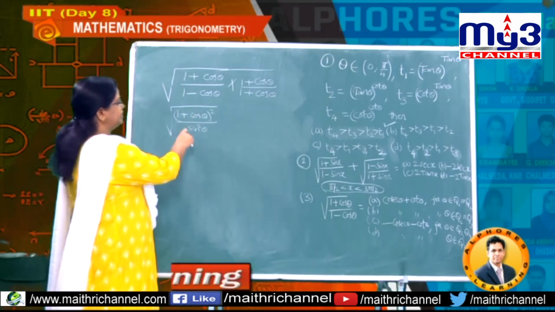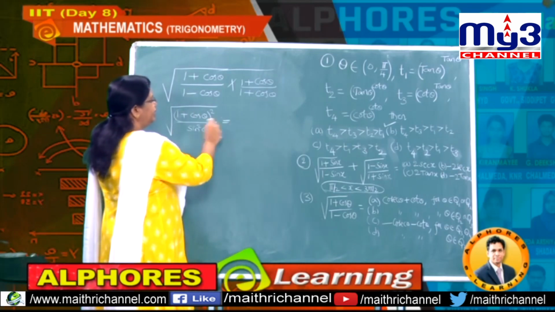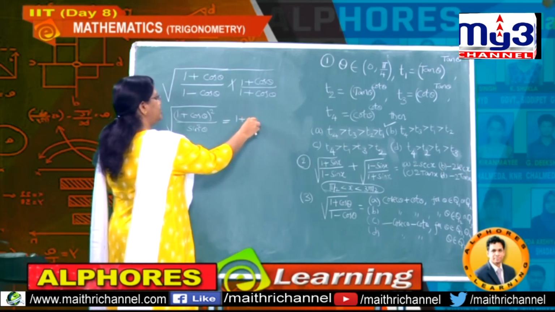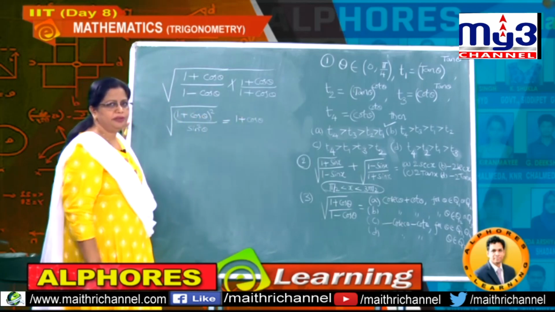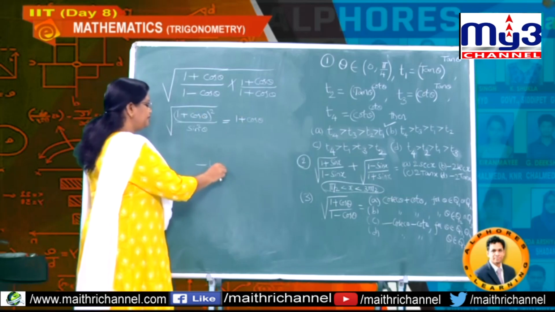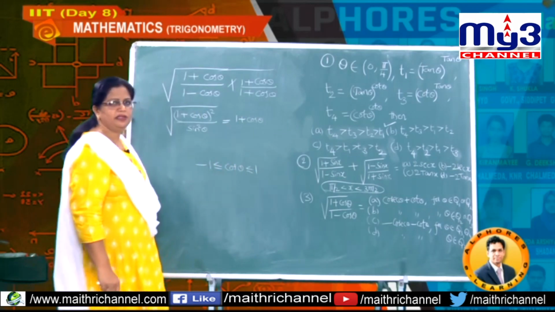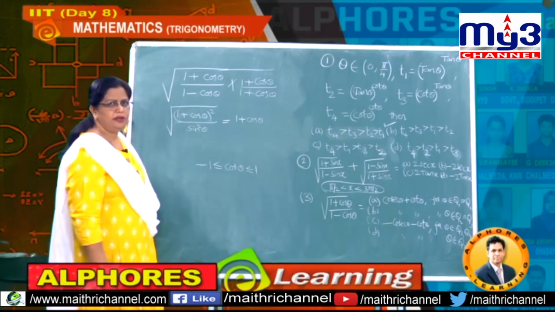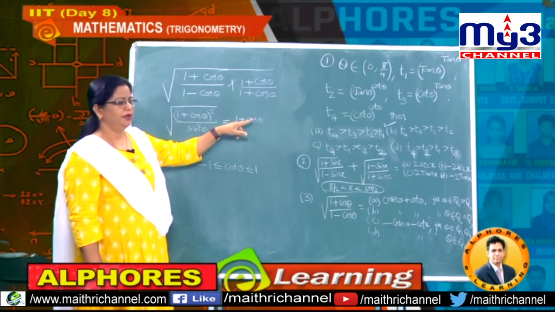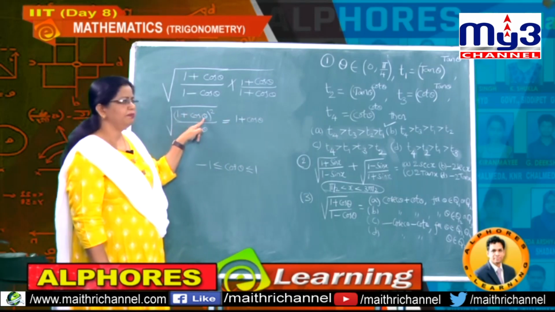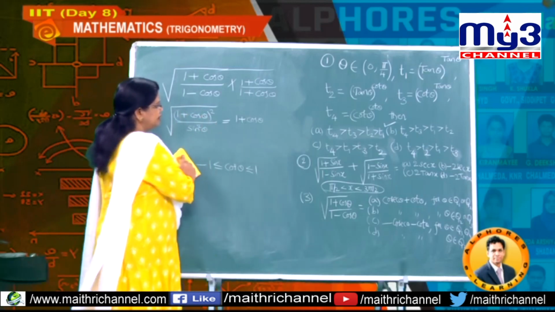Now students, just like the previous one with sine, here also without checking anything, you just write it as 1 plus cos. Nothing to mention here about the quadrant, because cos is also between minus 1 and plus 1, and therefore this is always positive within the domain. So directly for the numerator, there is no need of checking the quadrant, because 1 plus cos and 1 minus cos are always greater than or equal to 0.